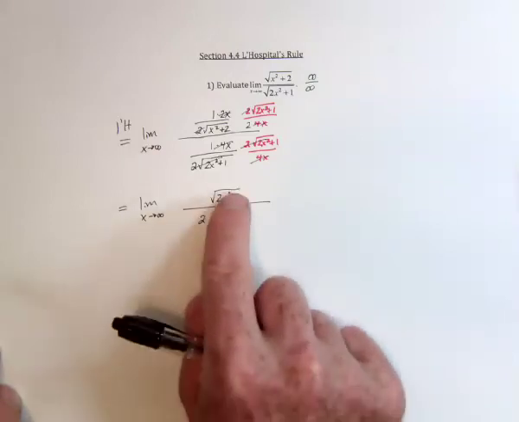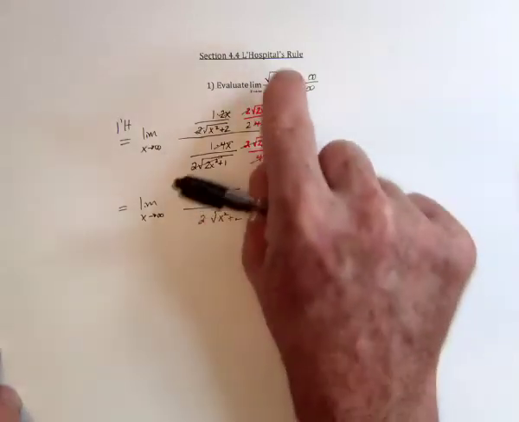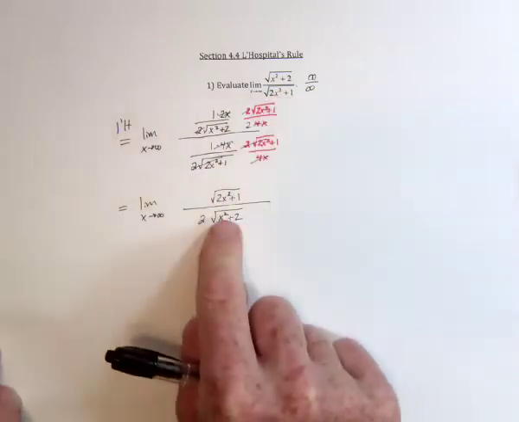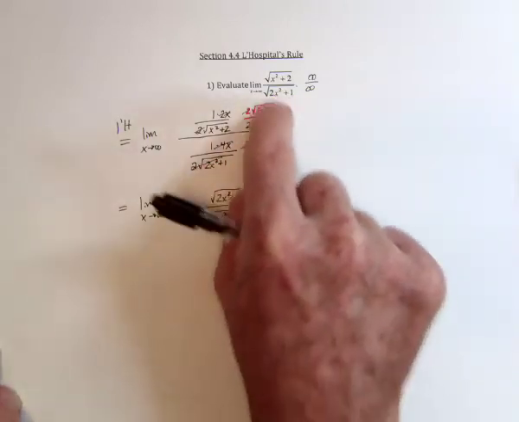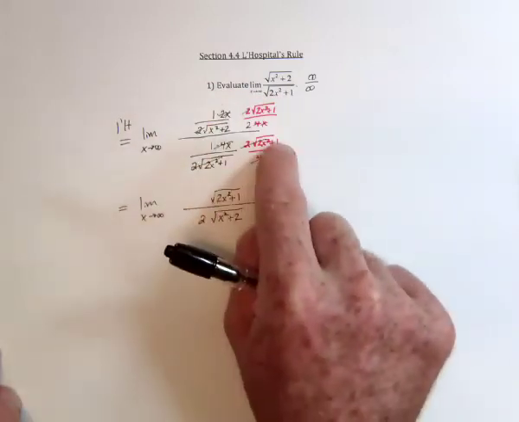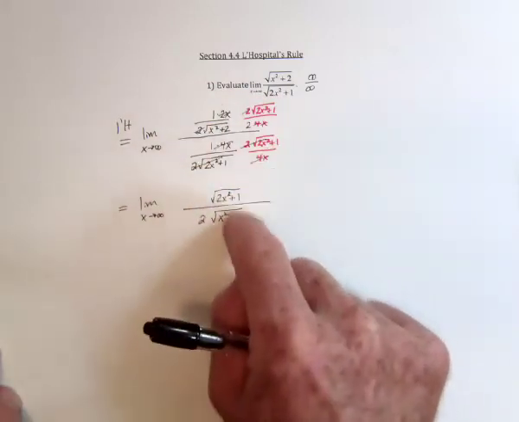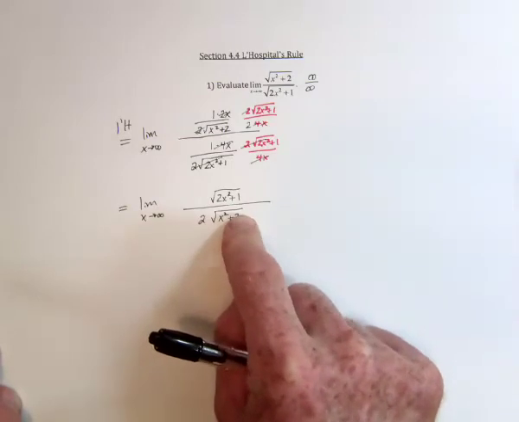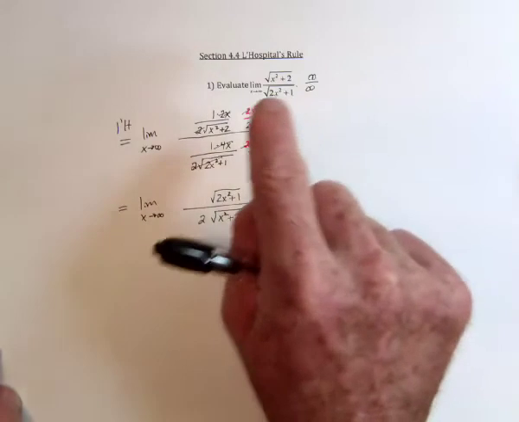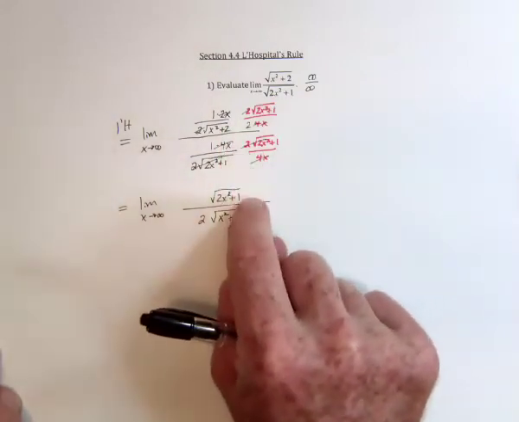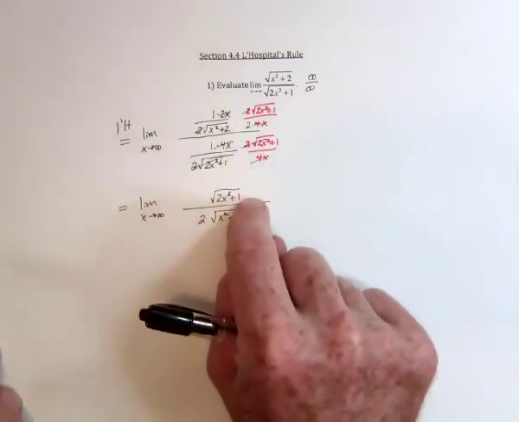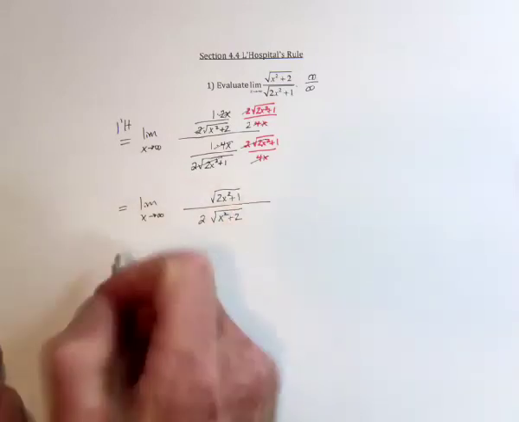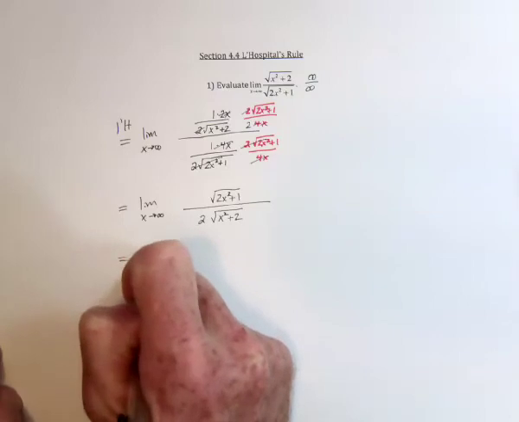The only problem is this right here is pretty much the same thing as this over here. So if we did L'Hopital's rule on this, we would end up doing all of this work again. And then these two guys would just switch places. And then we would have to do L'Hopital's rule again, and then we would end up with this back again. And so we just keep going in circles, which then means we need to try something else. So we could use some algebra,